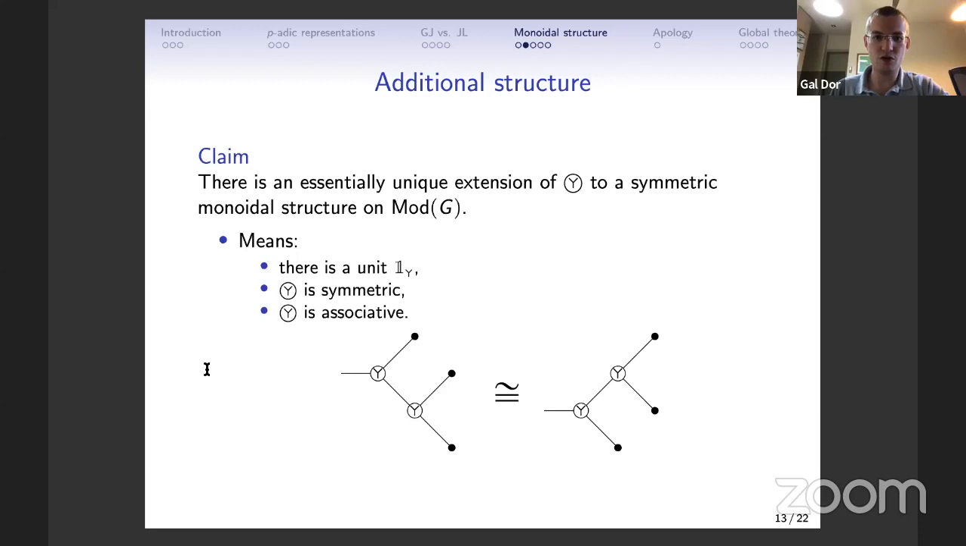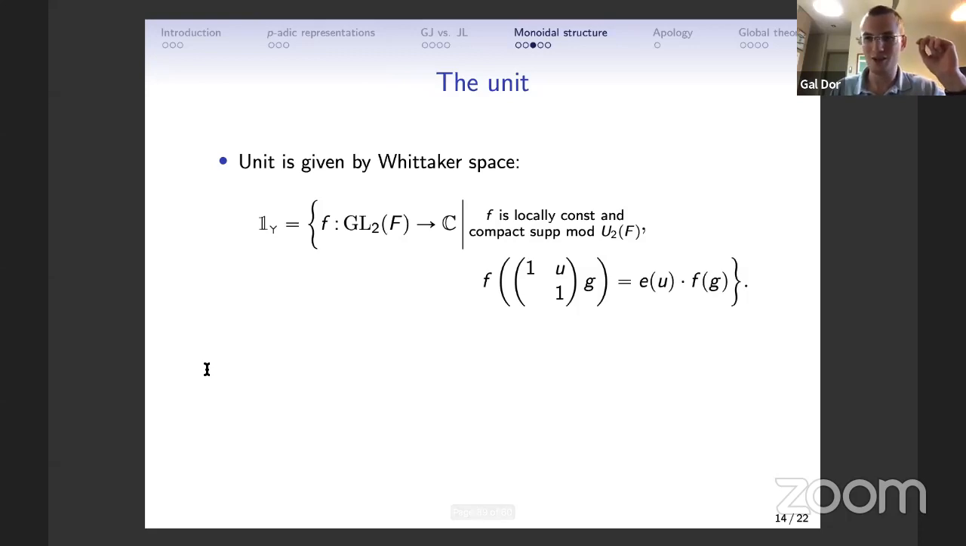So now, just to avoid being mysterious, because I just said that there is a canonical object, which is the unit for the symmetric monoidal structure, I can just tell you what it is, just to be concrete. It turns out to be something called the Whittaker space, which was actually discussed here just a couple of days ago. Basically, for me, it is going to be the space of smooth, compactly supported functions on GL2F